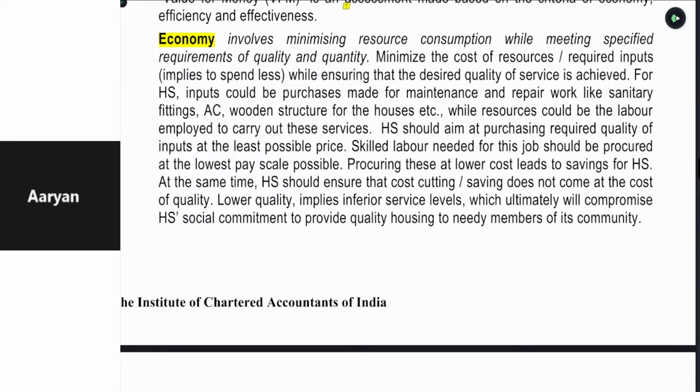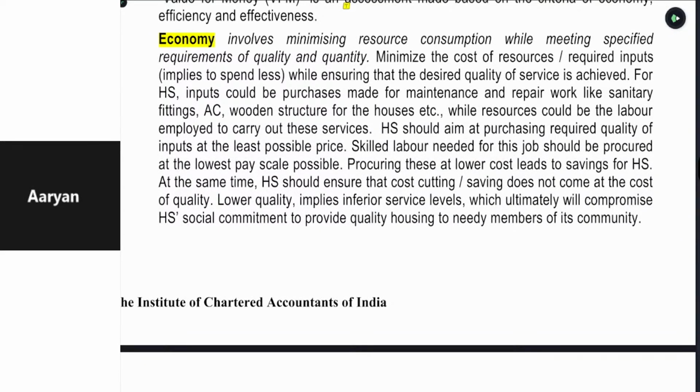ICAI के point of view से they have to consider each and every aspect while providing the answer to the student. Even if you can provide 60-65% of the content as given in the study material lengthwise, then it will be more than enough for a 20 marks question. Okay. So never be demotivated that although the question is very lengthy, the solution is too lengthy, how we will do in the examination. Even if you provide 60% content of the standard question, that will be sufficient to catch you full marks, 20 out of 20.